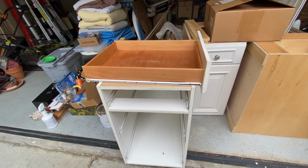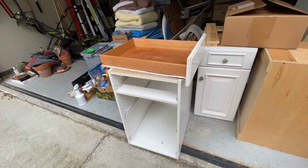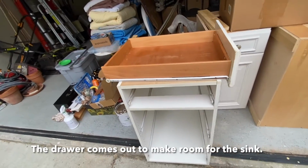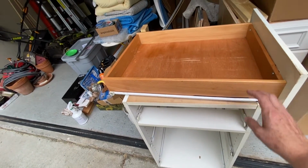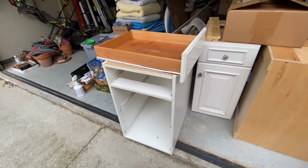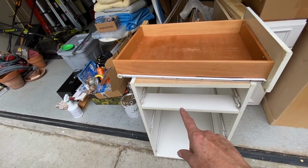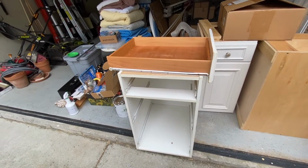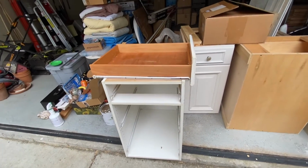And actually, I just had another fun thought as I was about to put this back together. I want to do a toe kick drawer. I'll change out the hardware on this one, but the drawer itself is actually just the perfect size, so I won't have to build that. And I'll take the drawer front off and put it back here in the cabinet, and maybe make it a tilt-out tray or something. But yeah, I'll be able to repurpose the drawer, use the cabinet, get my sink in,